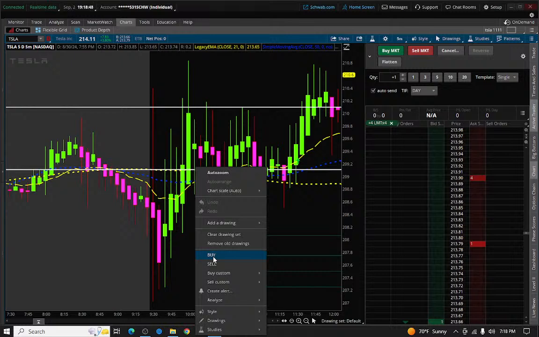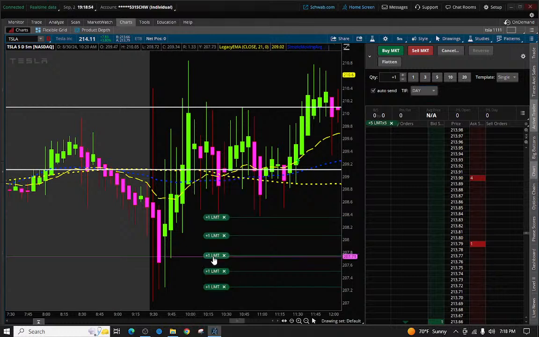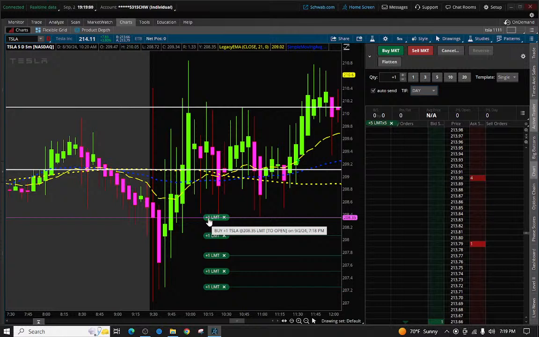Keep in mind you have to have auto send enabled or it won't do it. You click buy, and voila, where does it line up? Right exactly where it should line up, at the bottom of that body. Now the second that you get this entered, and it's entered at 208.35,